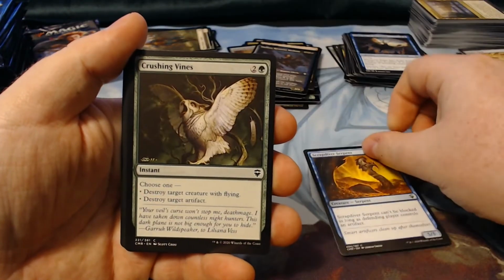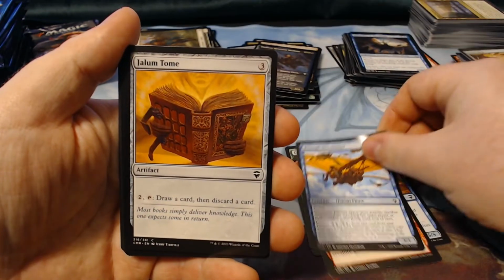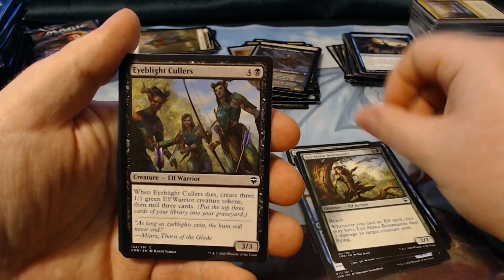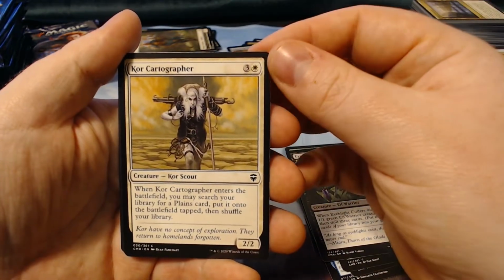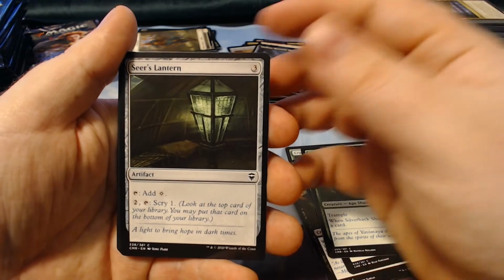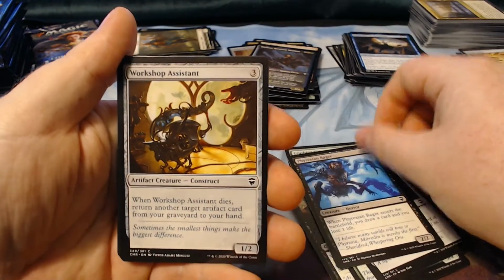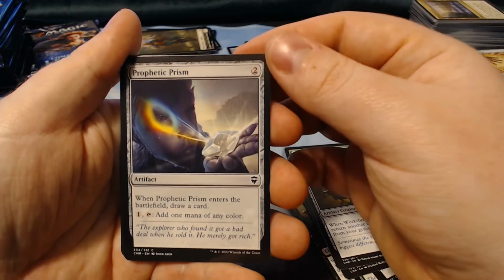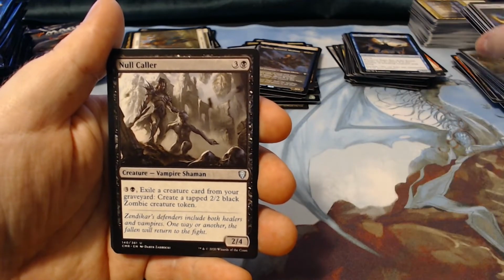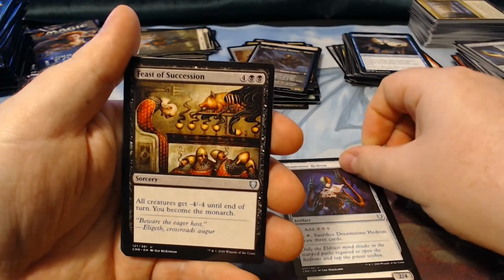Scrap Diver Serpent, Crushing Vines, Dragon Mantle, Kitesail Skirmisher, Jalum Tome, Liss Alana Bowmaster, Eye Blight Colours, Core Cartographer, Silverback Shaman, Seer's Lantern, Phyrexian Rager, Workshop Assistant, Prophetic Prism, Night Caller, Dreamstone Hedron, Feast of Succession,